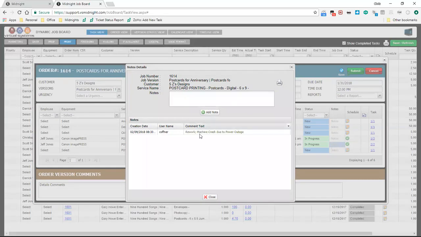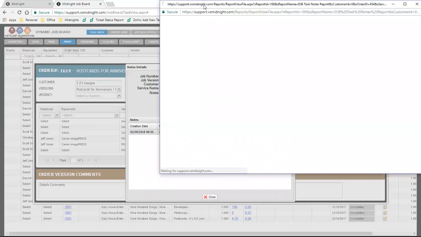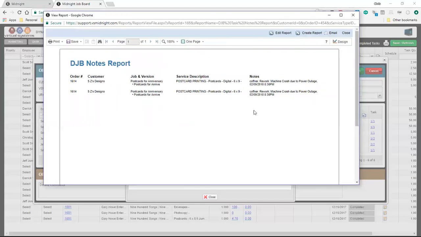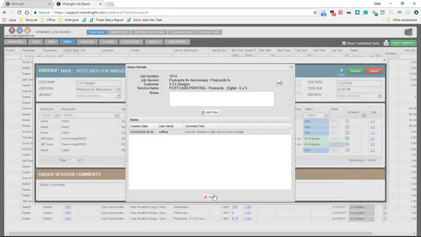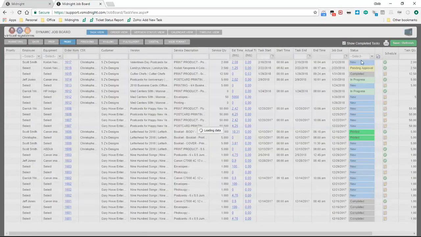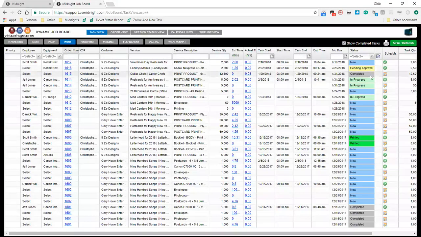And by committing the notes, you have a timestamp as well as a date stamp and the username who logged in the work. That way you can see the information piled in descending order. You can also print this, so that way you can have a list of all details printed out as necessary. And this works in tandem with the report itself for the job board,